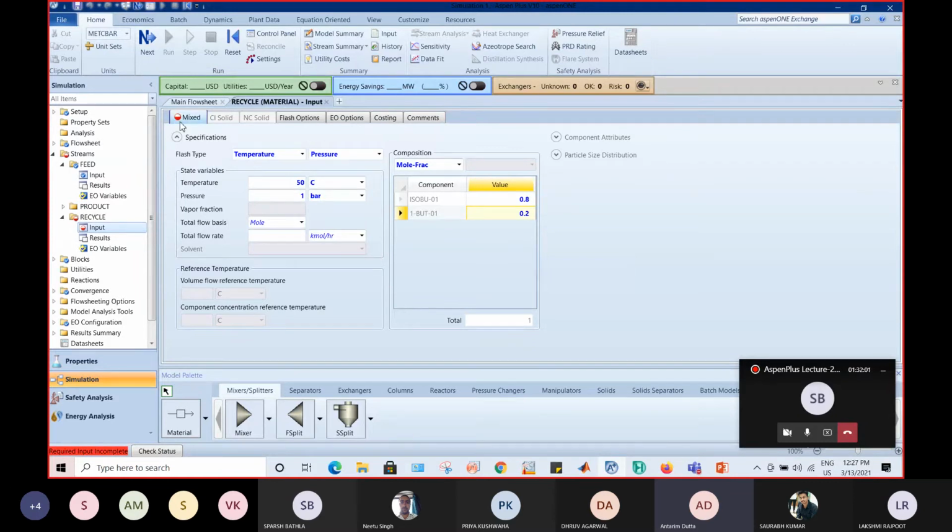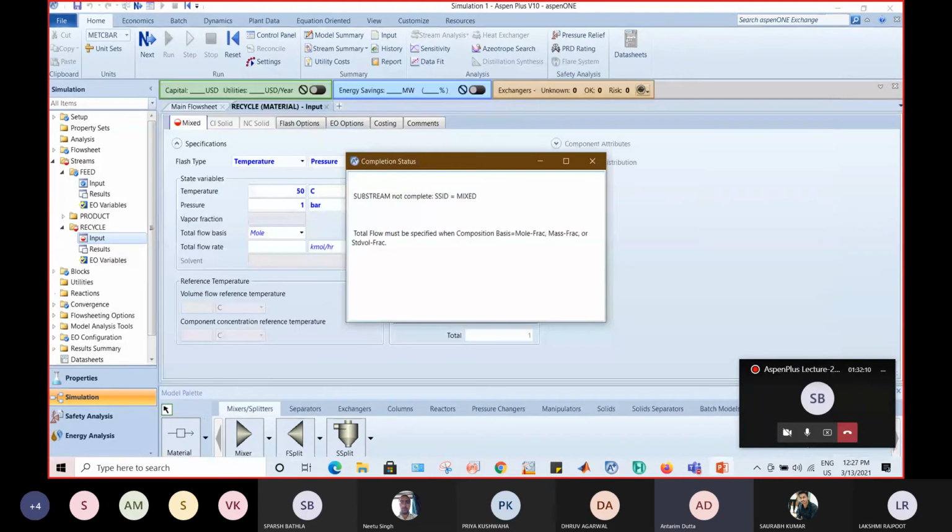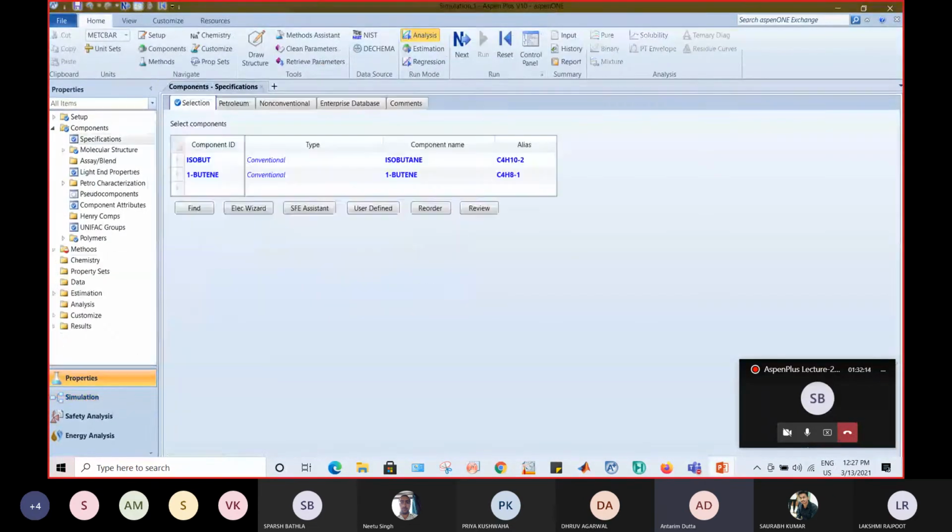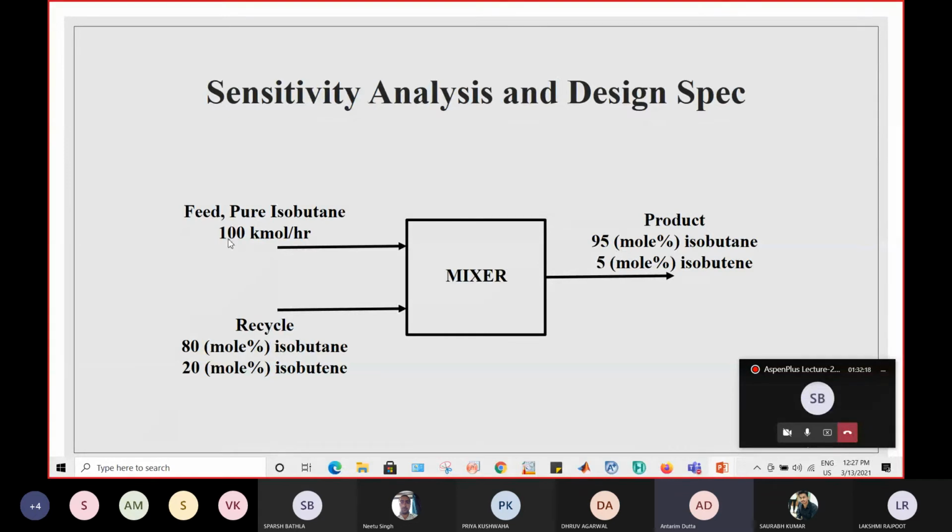That particular symbol is still red. We still haven't provided enough data to perform the simulation. The problem statement that we have has a feed flow rate for the feed stream, but we don't have any idea regarding the recycle flow rate, but we have the product specification with us.